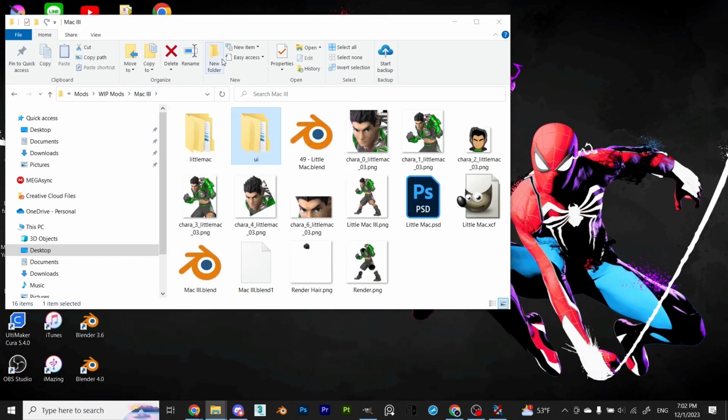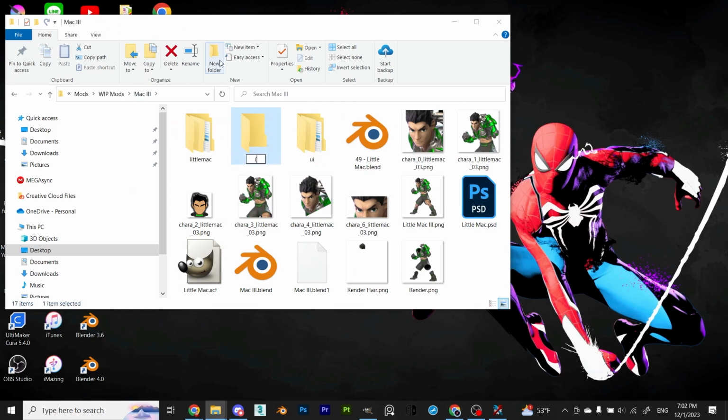Anyway, once you did all that, you can prep the mod to go into your switch by following how the video organized the mod folder.